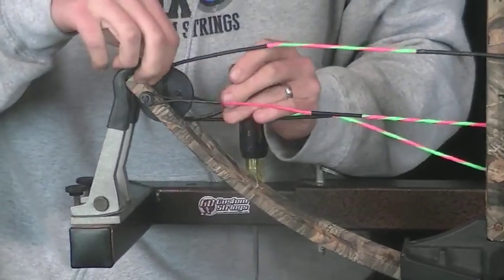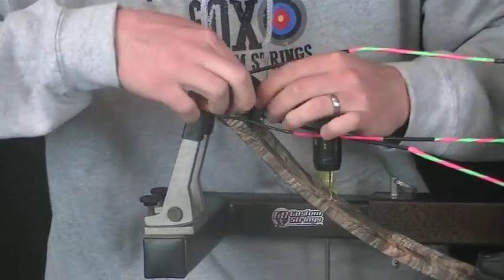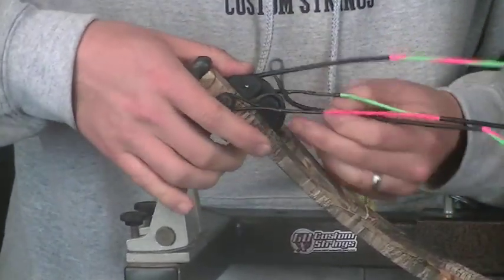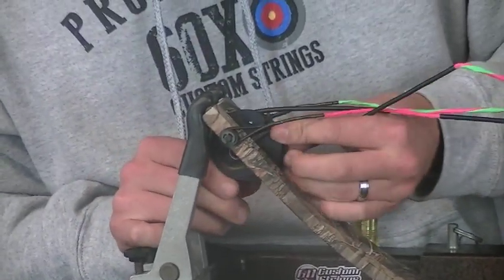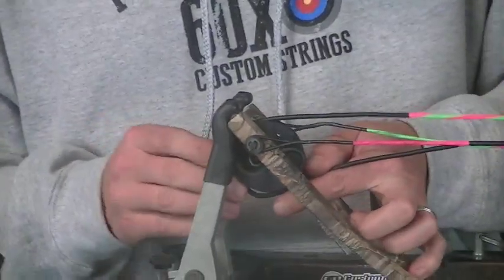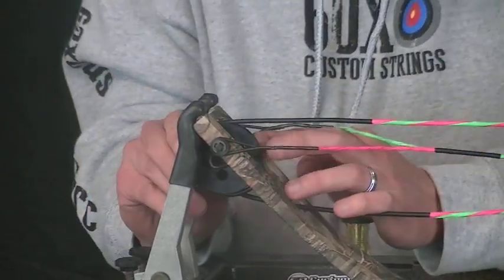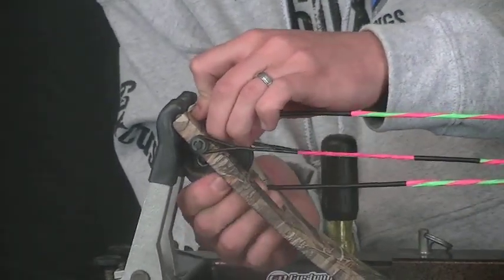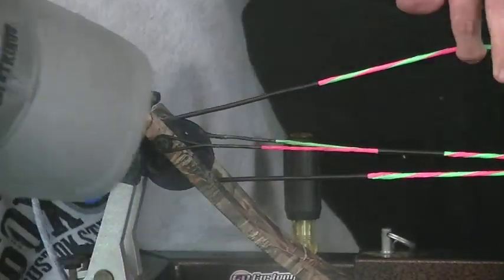Now this is where it gets a little tedious because your cable wants to pop off and there's not a whole lot of room to work. This cable right here just came off. That's okay. Like I said, with these being stiff and on a small cam, it takes a little bit of finagling to get them in there. Now once you have everything hooked up where it should be,